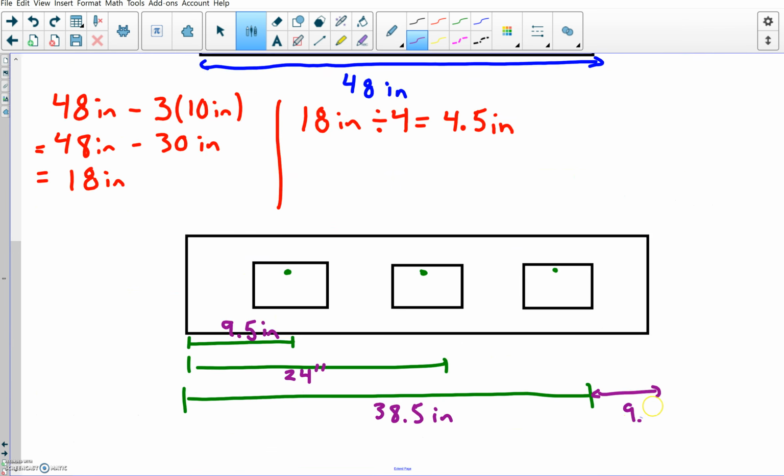And then this is where I check myself. We know the total length of the wall is 48. So if I took 38.5 inches and added 9.5, do I still have the same length of wall, right? If I exceed the length of the wall or I'm too short, then we know we did something wrong. So when we add those up, we do in fact get